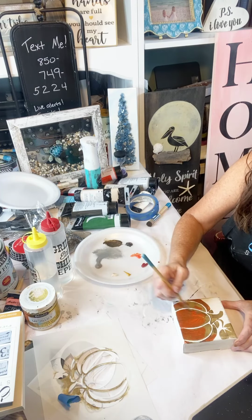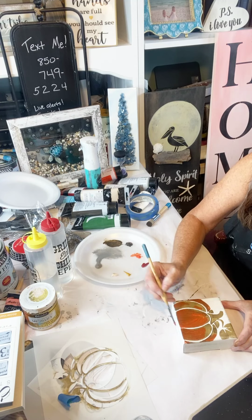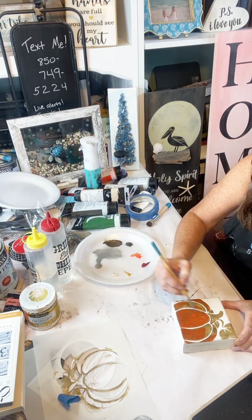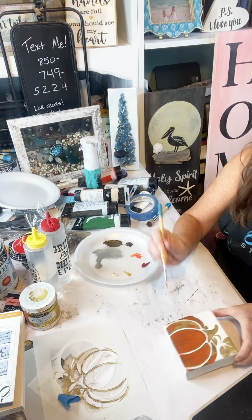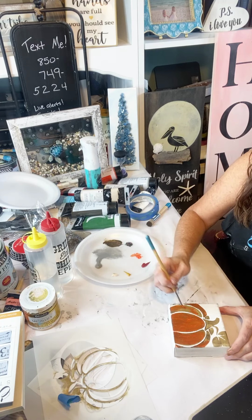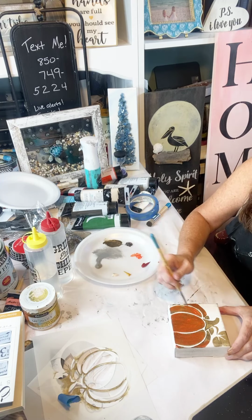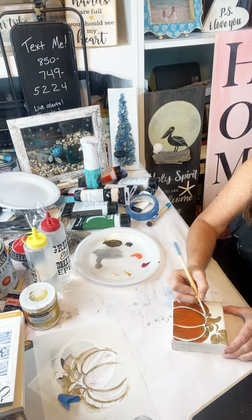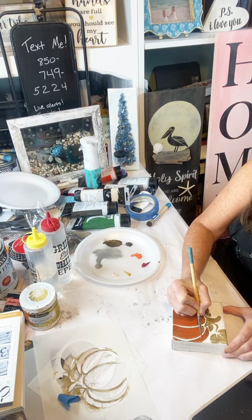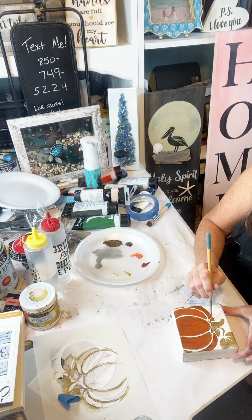And I really want to see what it looks like if I put some orange in these bridges, because it's going to be a different color than where I've got the brown from the stencil. And really, we just want a little differentiation, and doing it multiple colors and then doing it this way gives it just more dimension. I just want some delineation where the various parts of the pumpkin would be. And so let's just take this up here. And these little detail brushes are great for this. Just get some of this up here,